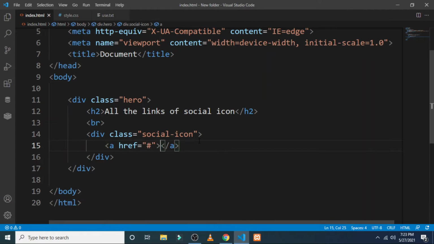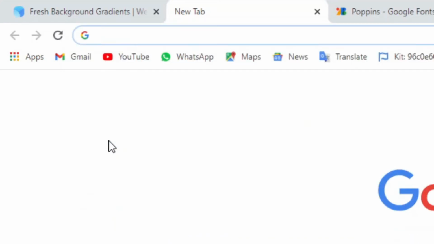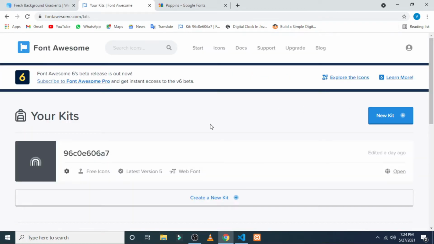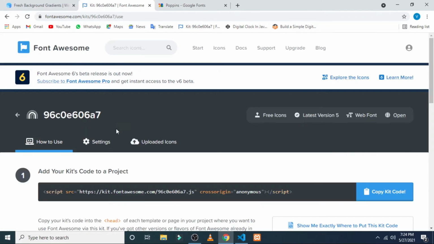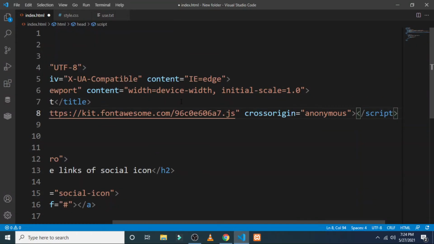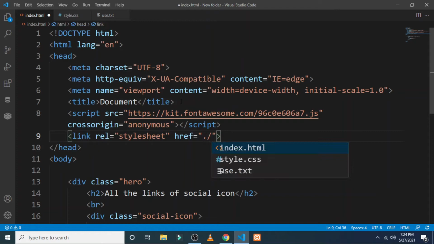Now go to your web browser and search for Font Awesome. After signing in, go to the kit part, click on open, copy the kit code, paste it in the markup head section, and link your CSS file.